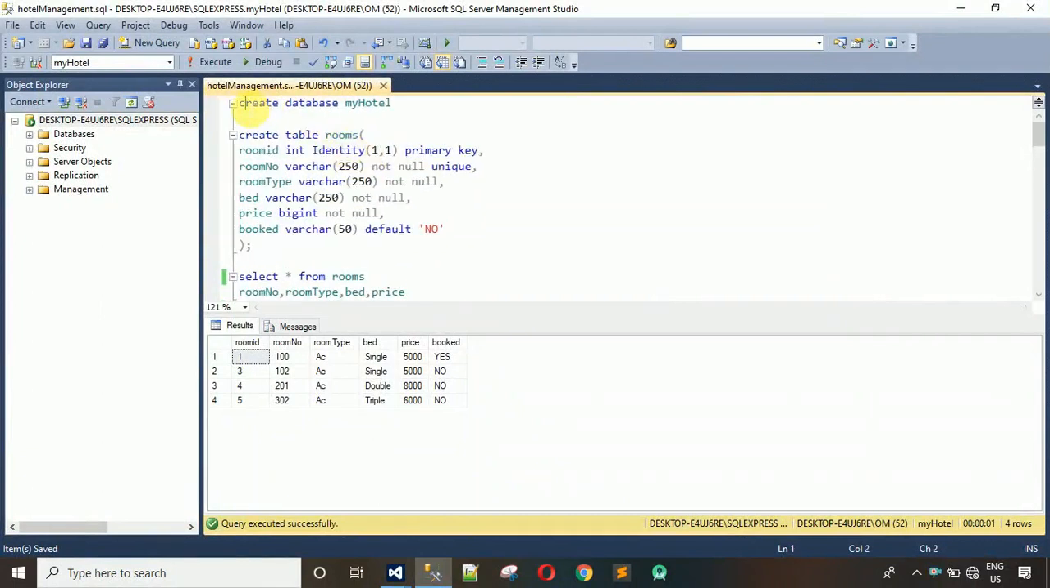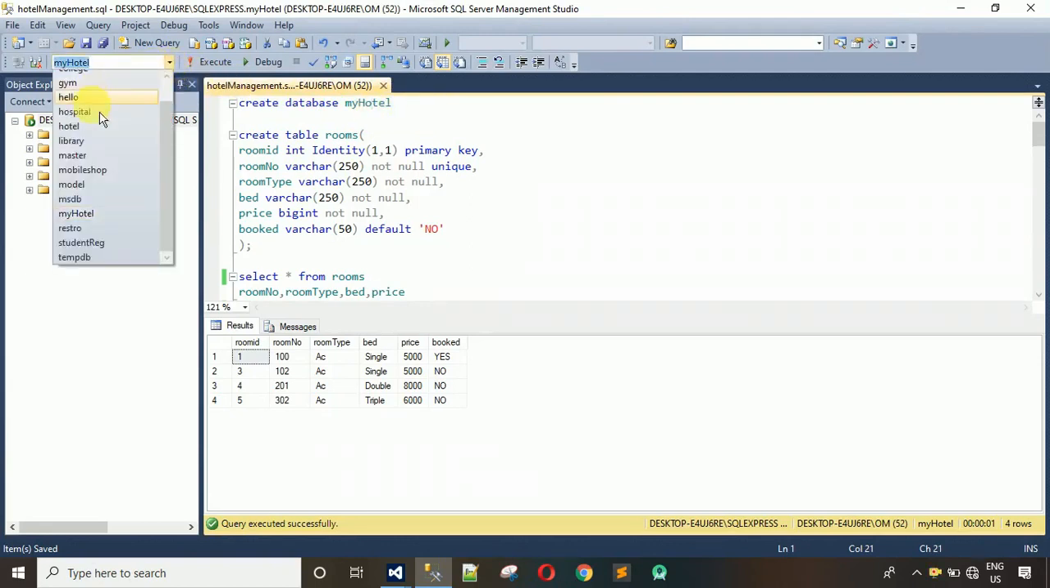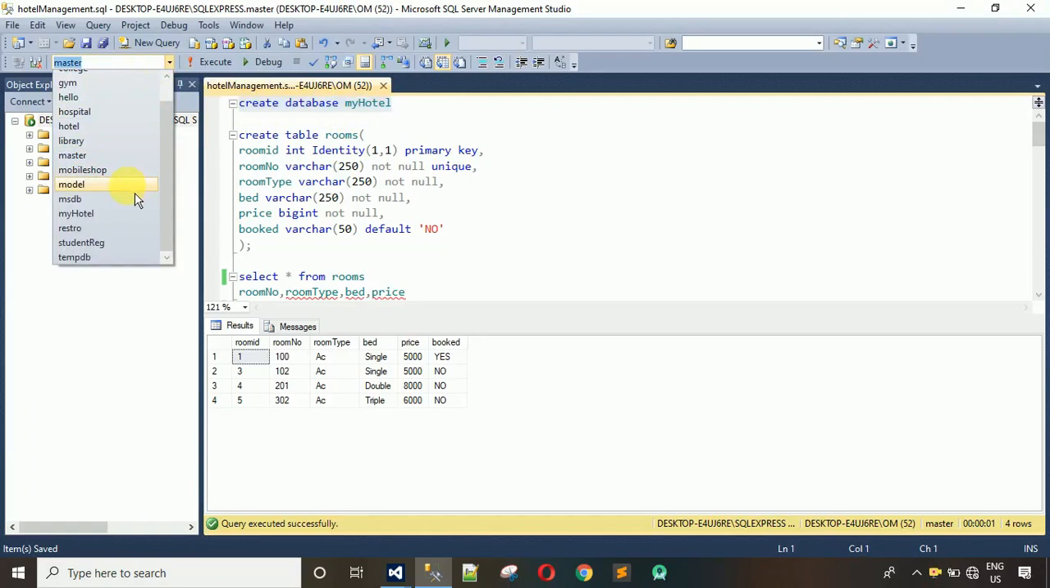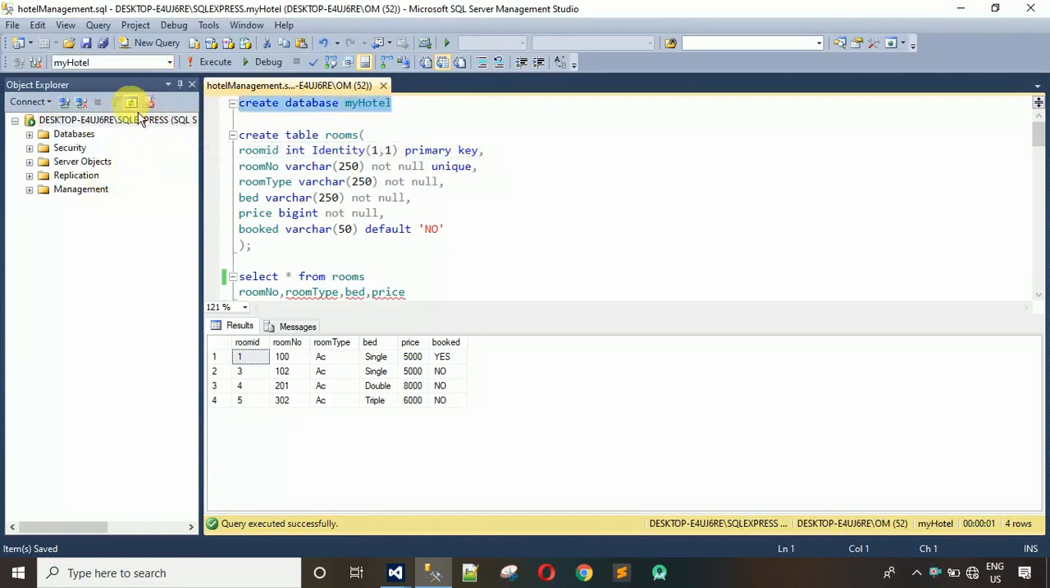is create database, and you can name it whatever you want, but my database name is my hotel, and make sure of the capital and small letters as well. By default, the selected database is master. So you have to execute this, and after this you have to search for my hotel. If you are not able to find that, then you have to click on refresh. After this, when you click on this, you will find the name over here, and after executing this you have